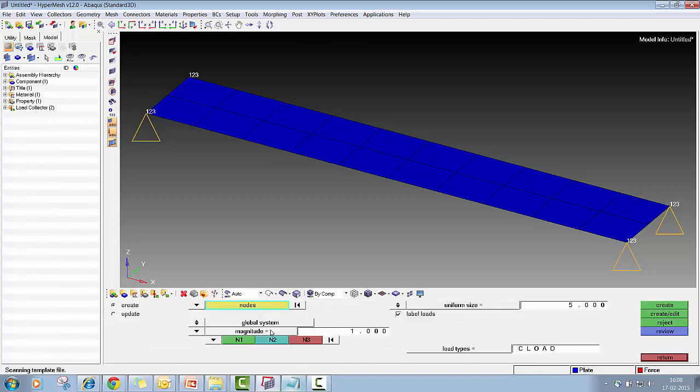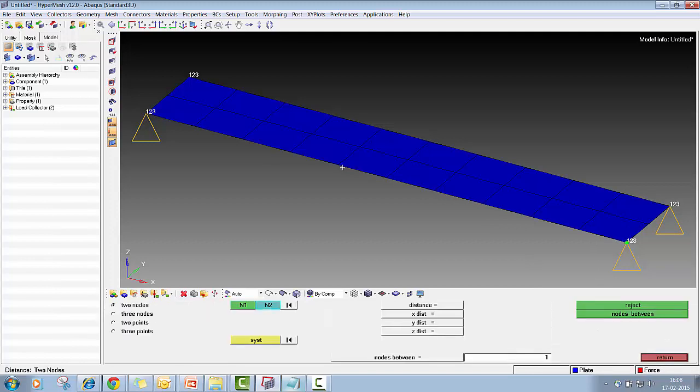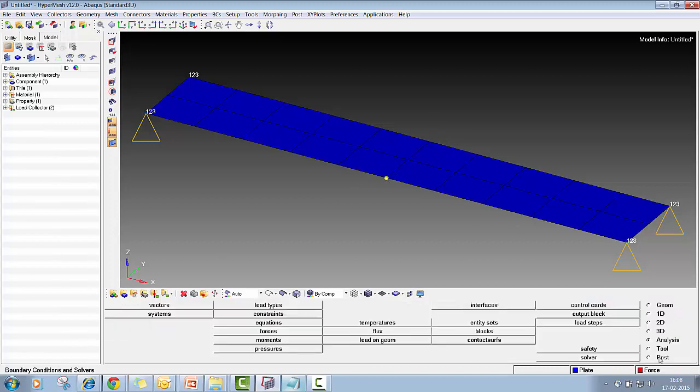and go to force. Now you have to select the mid nodes. So these are the mid nodes. Before that, I just want to confirm what the mid nodes are. There are ways to do it. You can just say F4 and node between. This node between indicates that this is the line I need to focus on and pick. So force